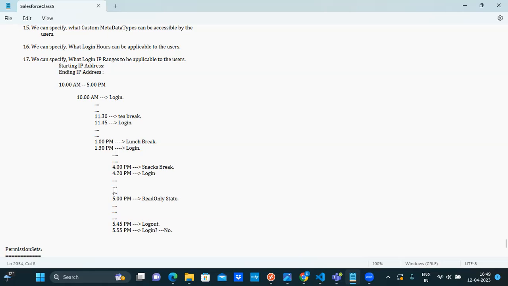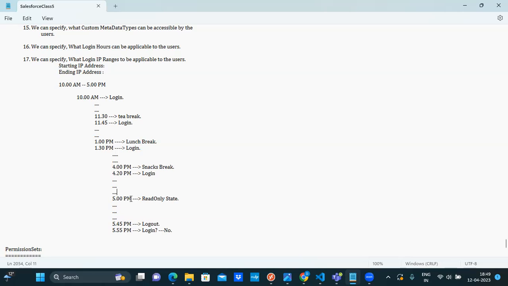So I came back at 4:45, let's see, and 5 o'clock is when my login hours are complete, right? So what happens? I am still doing something on my system at 4:45, and it's going to be 5. So what will happen? The system will allow you to continue to work, but as soon as the 5 p.m. time